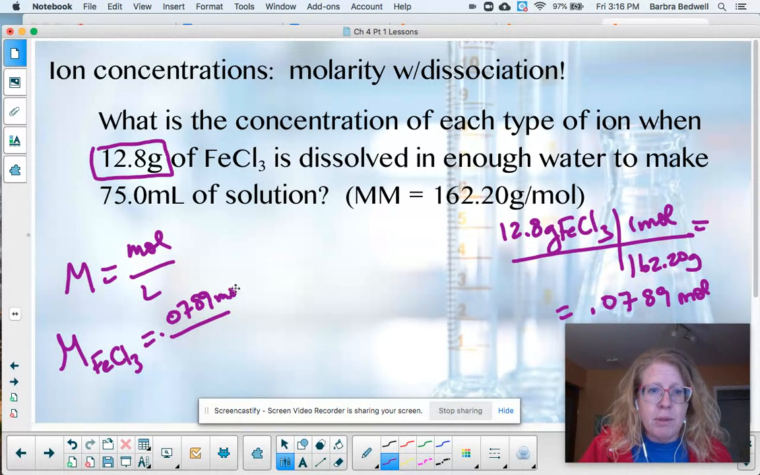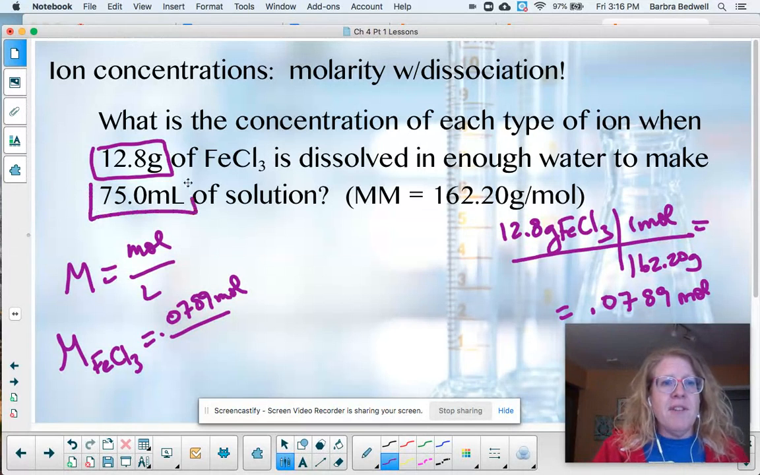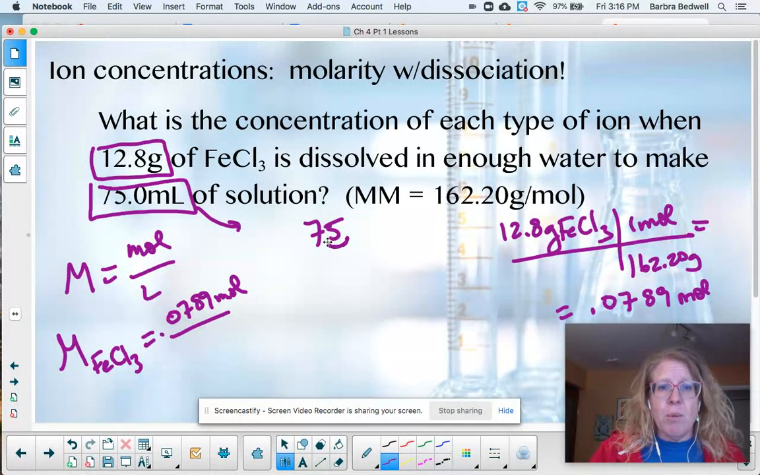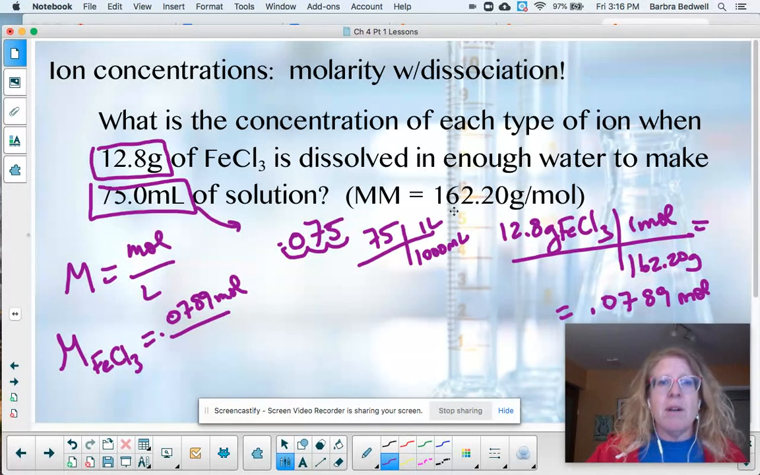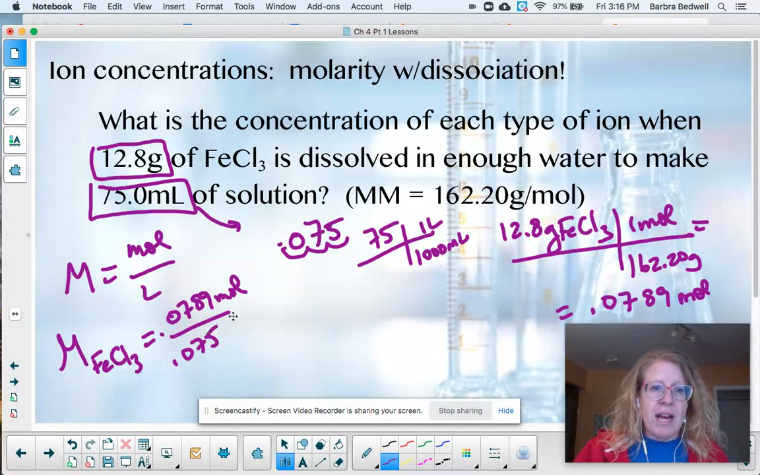0.0789 moles. There we go. And then we've got 75 milliliters of solution, so you've got to convert that from milliliters to liters. Move the decimal place over 3 spots. So it starts here: 1, 2, 3. There's another 0 in front of that. That's the one that always worries me, that students forget this. It's 75 milliliters, and 1,000 milliliters equals 1 liter. You've got to move it over 3 full decimal places. So this is 0.075